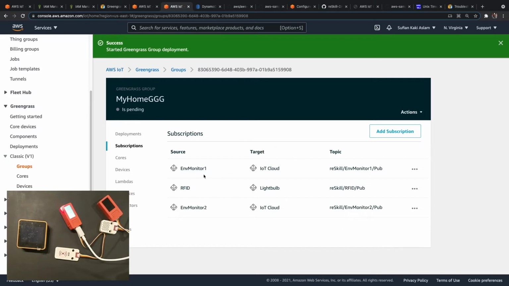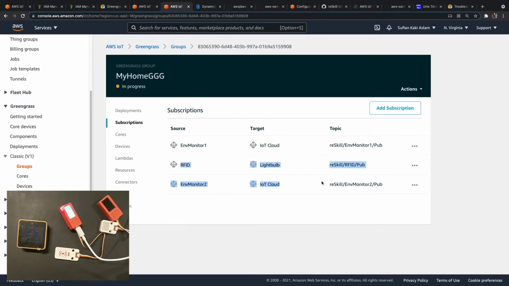Okay, so this is like a local subscription that has happened. One device sends and the other device gets it. Earlier, when I didn't have this subscription, it didn't work. Now that I have added this subscription, once this deployment gets completed, then the messages should actually get transferred. So that if I place M5 stacks card, which is this one,